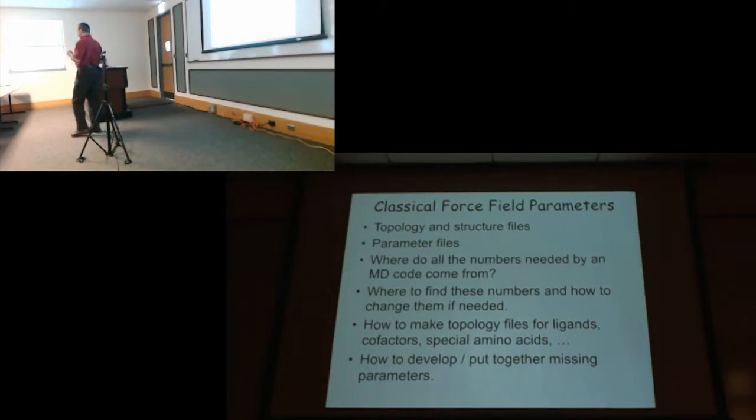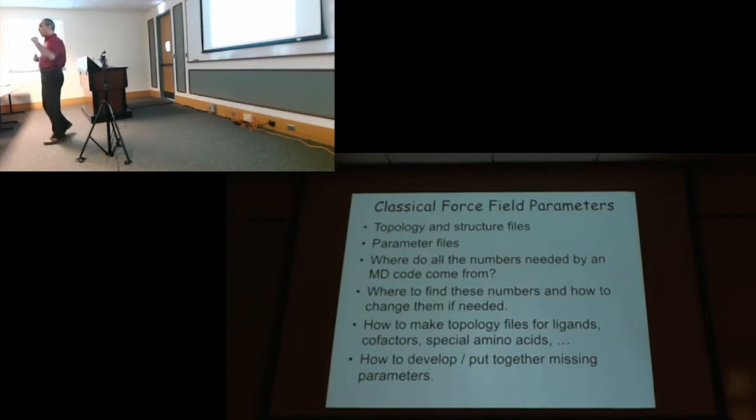If you want to change the mass of one of the atoms in the molecular system to test a hypothesis, then there is only one number that you need to check and change in these files. It's good to know where all these numbers that go into your calculations come from, where to find them and how to change them, and most importantly, to be able to make a topology file and develop parameters for unknown